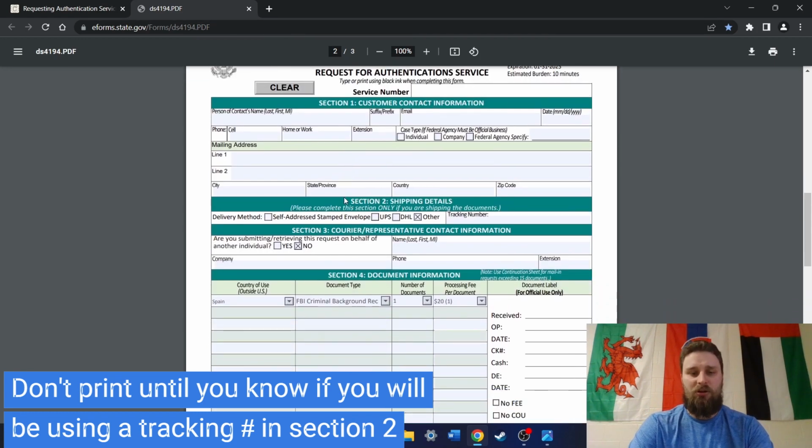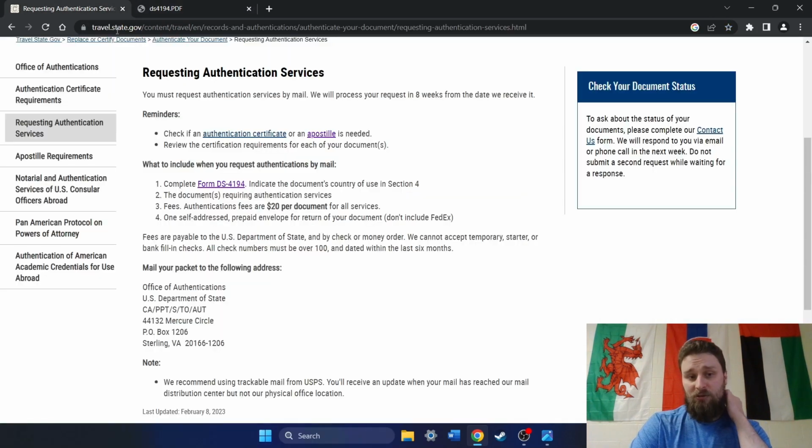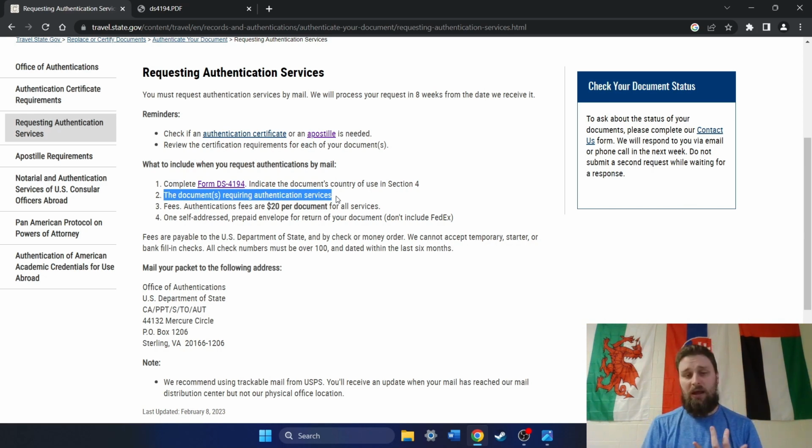So as I mentioned here under section 2, we're going to need to mail this to the State Department. And if we go back to the explanation page, okay, we're going to see here that it says, section 1, complete the form DS-4194. All right, we got that. The document requiring authentication services. So we're going to mail the form, and we're going to mail the background check,